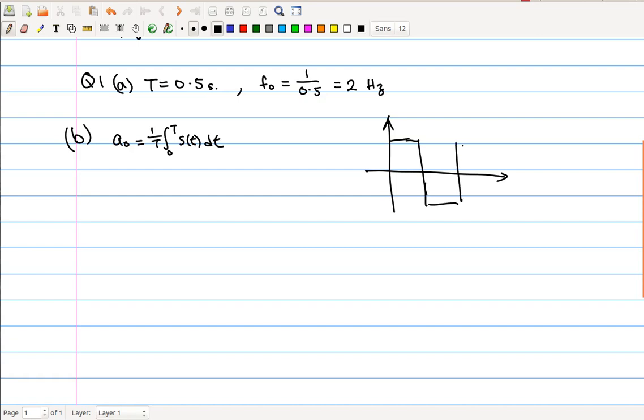So I'll just do a quick sketch over here. Okay, and it ends at 0.5. This is a discontinuous and piecewise function, so we will have to break this up into 3 different parts and integrate them separately. Okay, so the amplitude was 1 and -1 respectively,